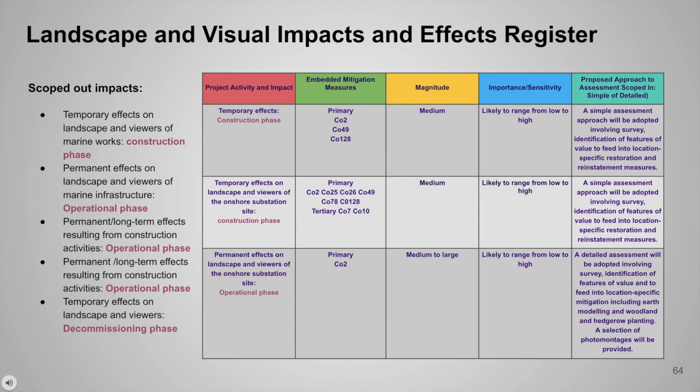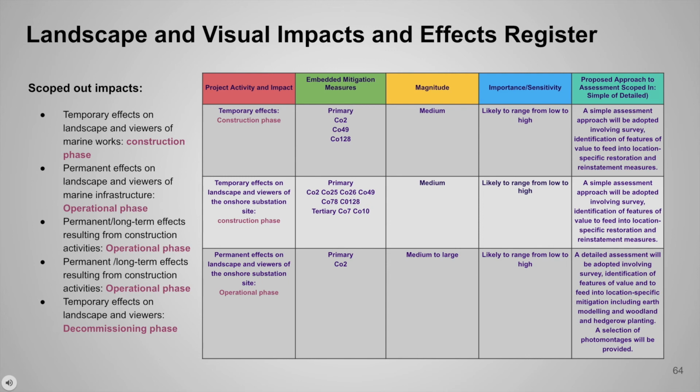Another area that can be impacted and affected by this project would be landscape and visual impacts. One of these impacts would be temporary effects on landscape and viewers of the onshore substation sites, and permanent effects on landscape and viewers of the onshore substation sites. For example, for temporary effects of the construction phase, mitigation measures would be primary CO2, CO49, CO